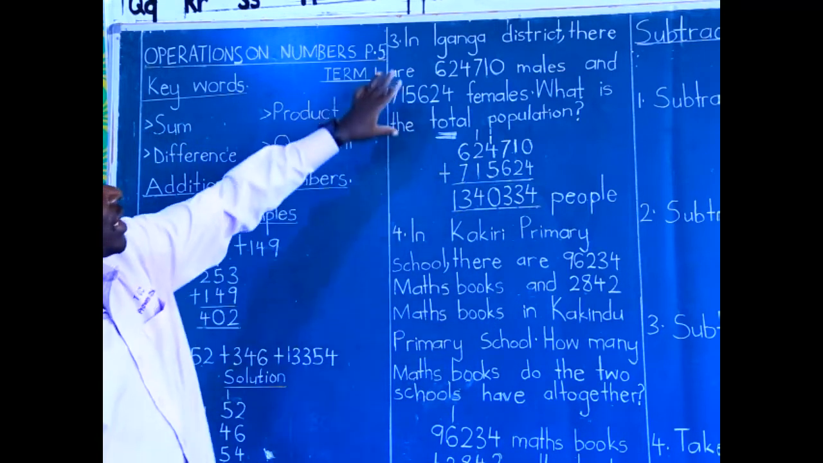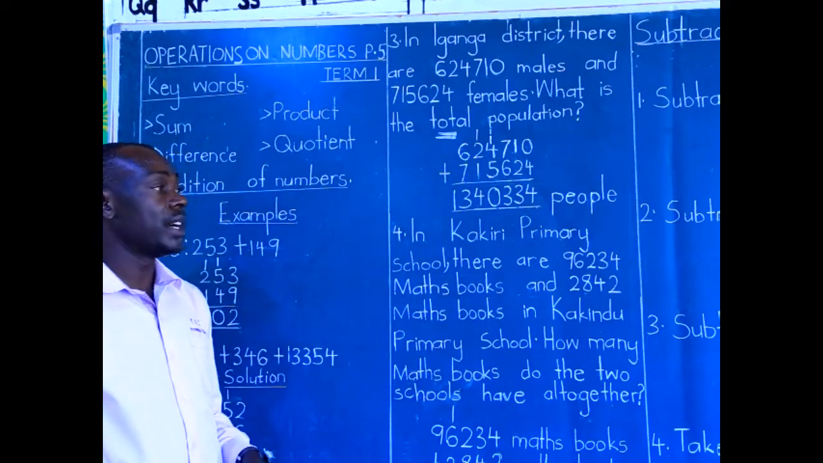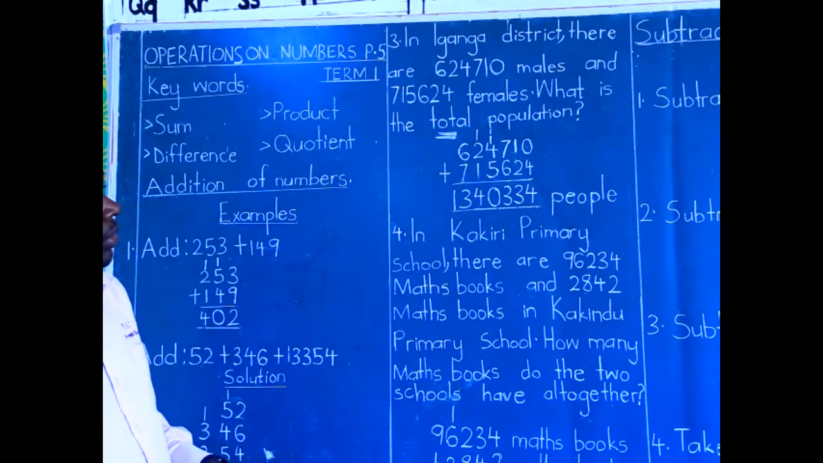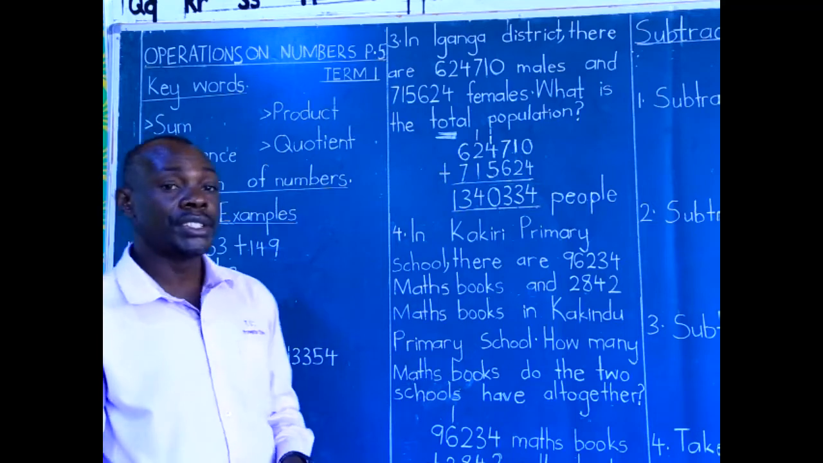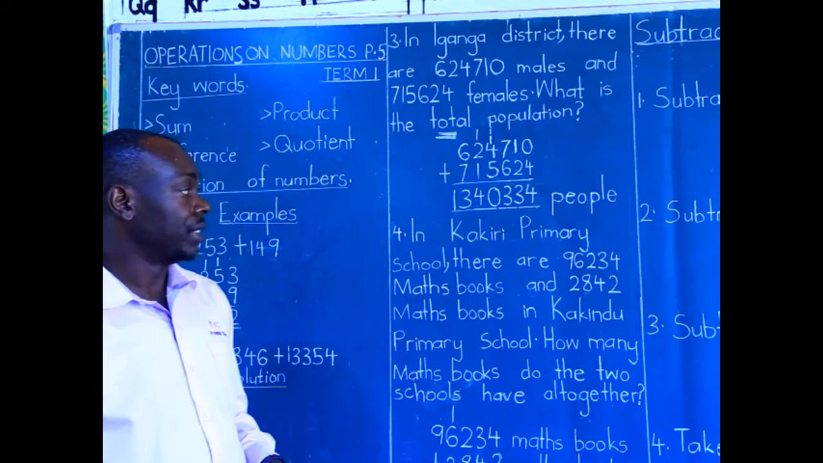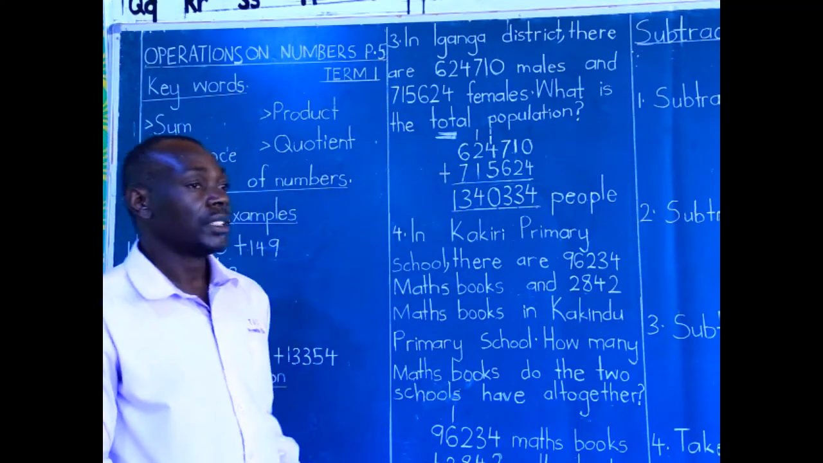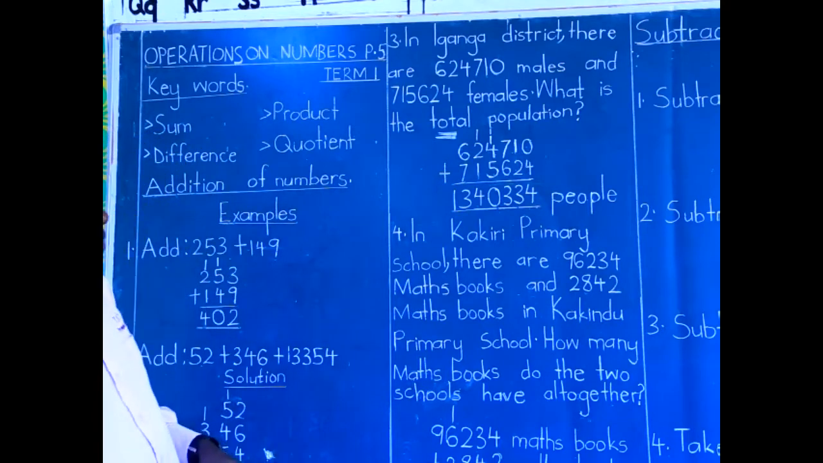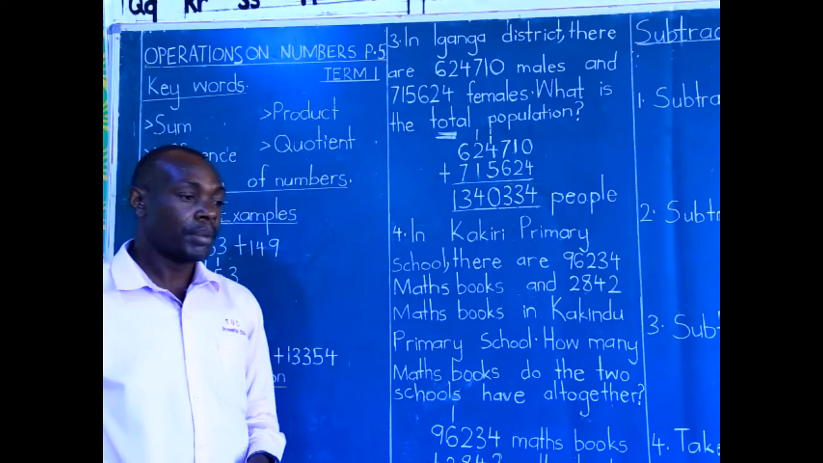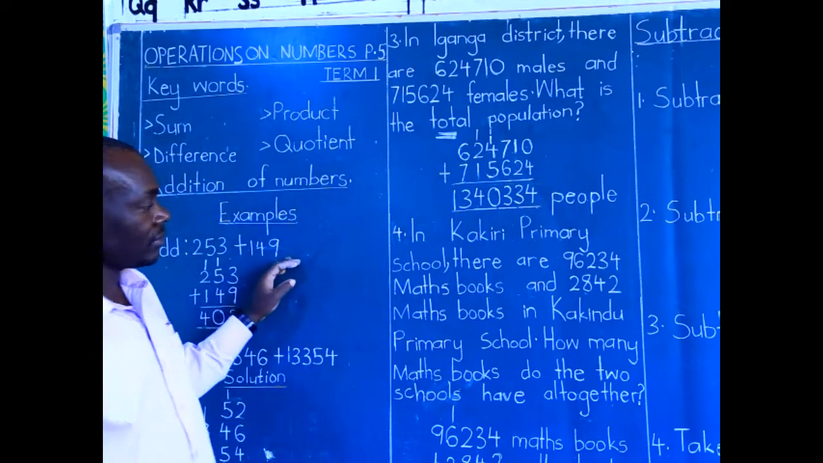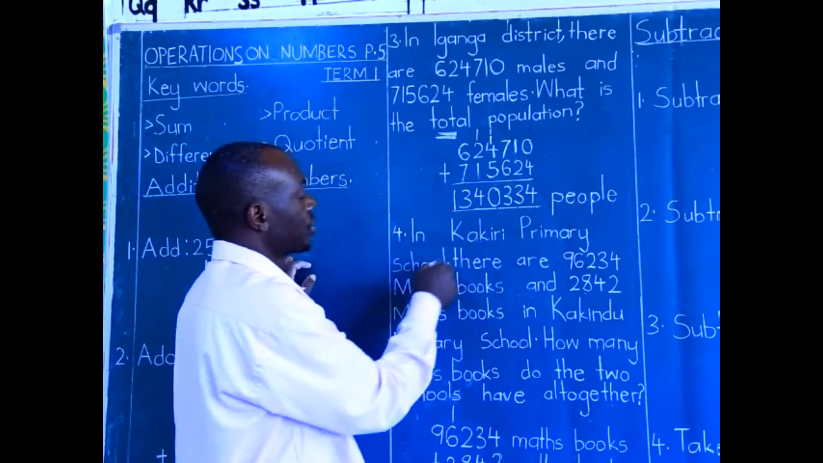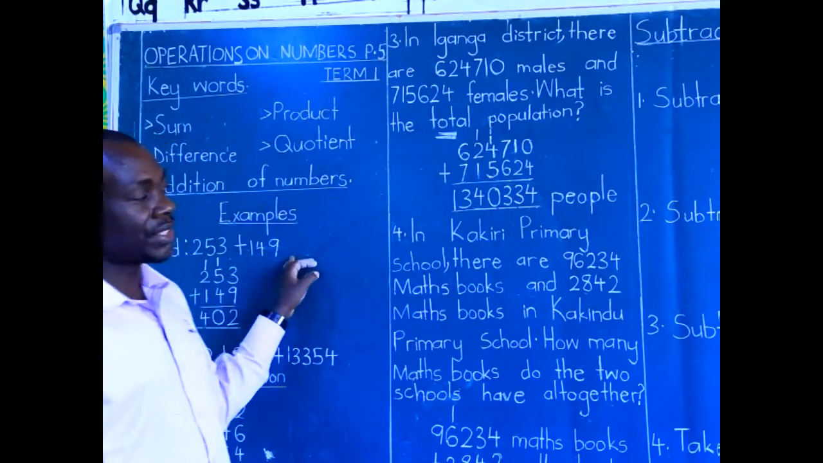So, in such numbers, you look at the keywords that will help us to choose the appropriate operation. Like here, total brought about the addition. Then we go to example number 4 today. It says in Kachiri Primary School, there are